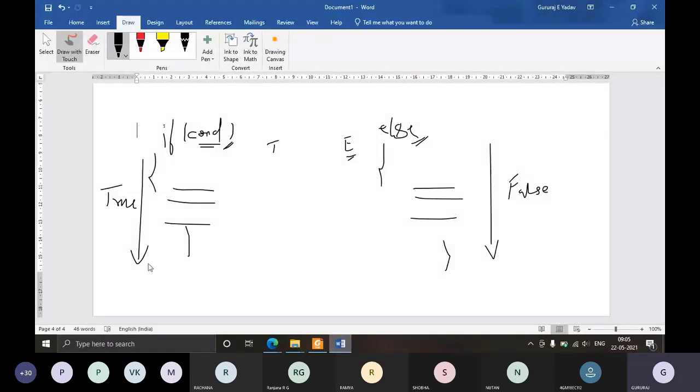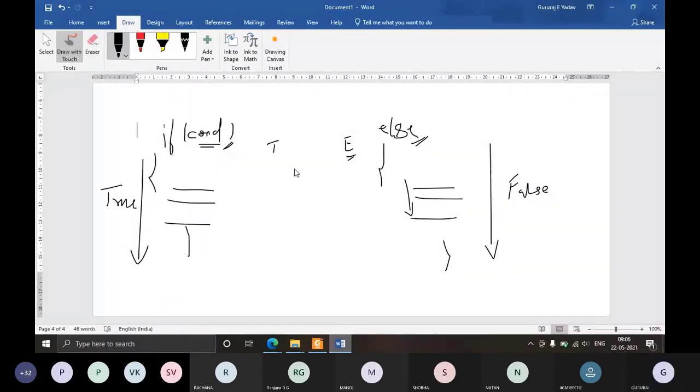So whatever statements are within the brackets need to be executed if this condition is true. If this condition is false, then the else part will be executed. Whatever statements are between these two brackets, these are the else part. These statements will be executed if the condition is false. In the same way, the IT instruction also works.